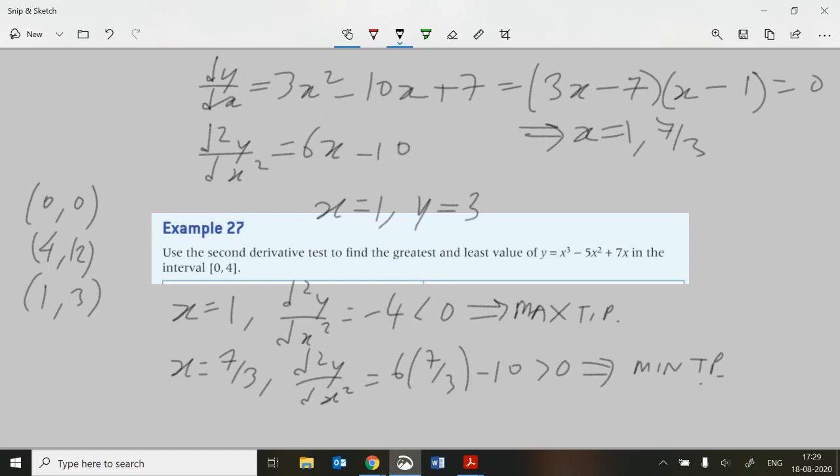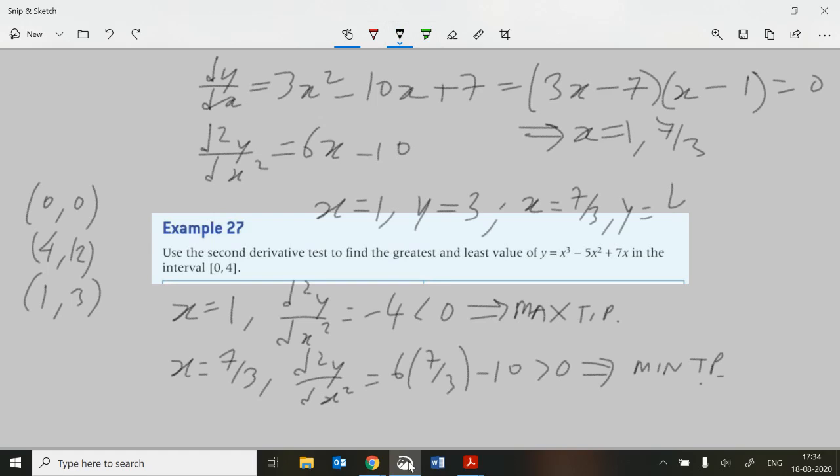And then when we've got x is equal to 7/3, excuse me, I'm going to have to just do this on the calculator. Okay, so we're getting the answer of